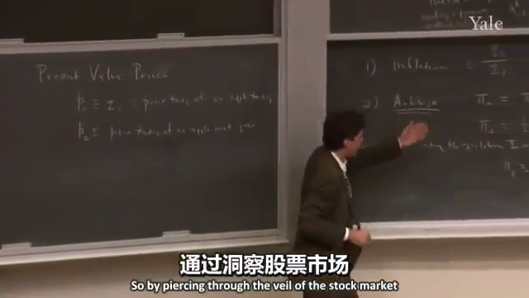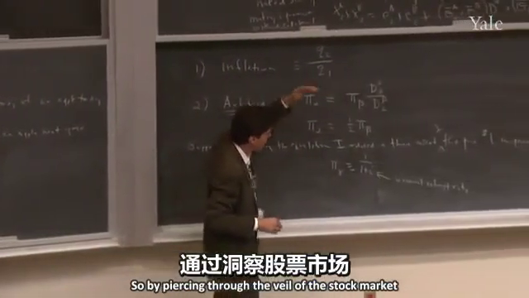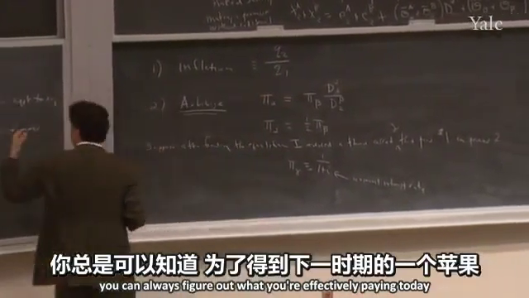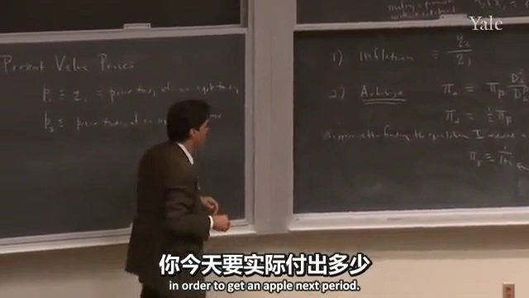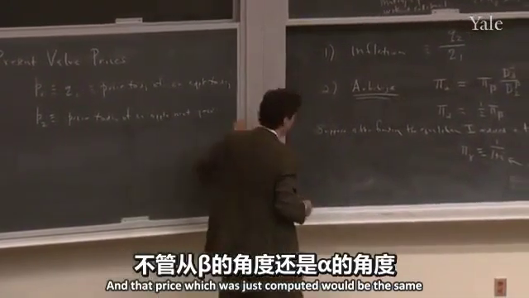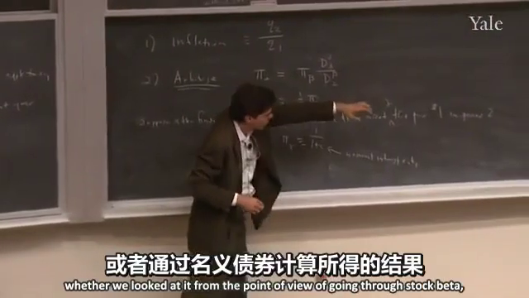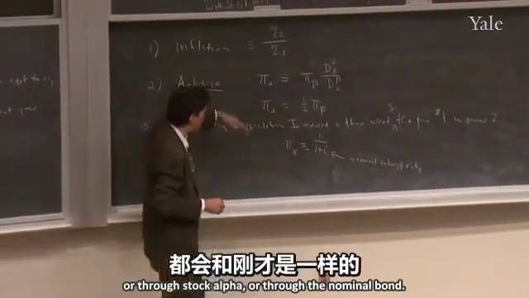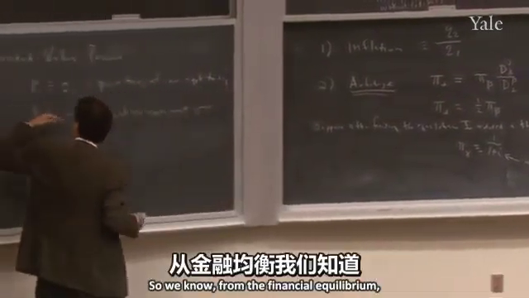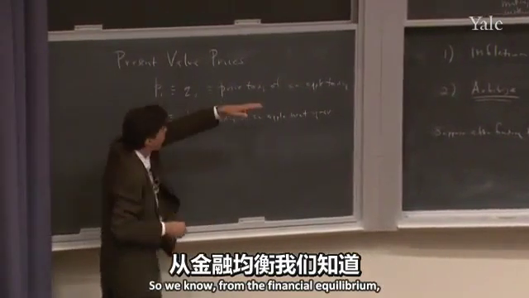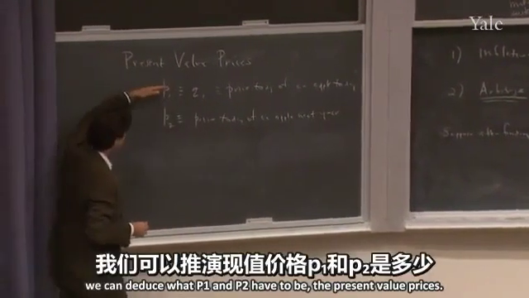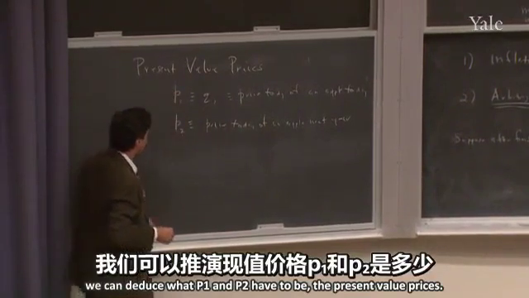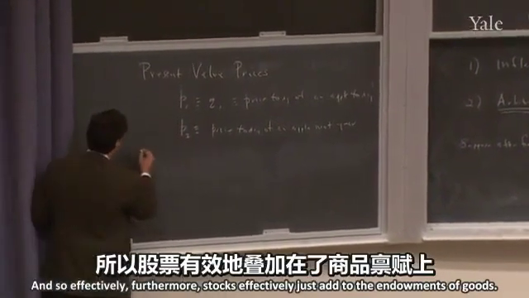Okay, so by piercing through the veil of the stock market, you can always figure out what you're effectively paying today in order to get an apple next period. And that price, which we just computed, would be the same whether we looked at it from the point of view of going through stock beta or through stock alpha or through the nominal bond. It would always have to give us the same answer. So we know from the financial equilibrium, we can deduce what P1 and P2 have to be, the present value prices. And so effectively, furthermore,